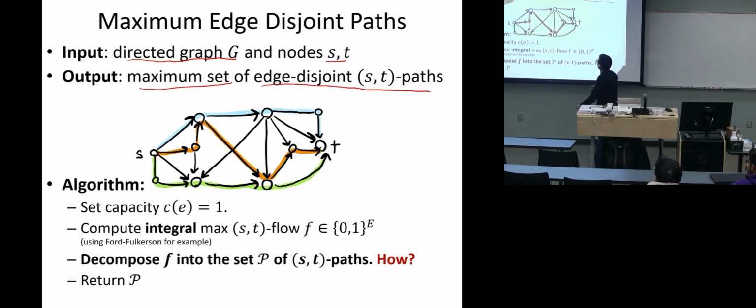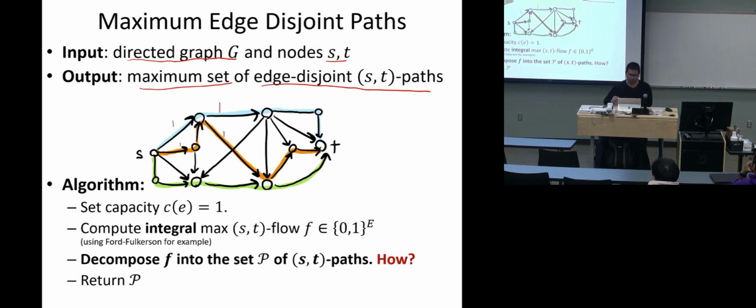So look at these colored paths. For example, these are 3 paths that don't share any edges. They cannot share any edge with each other. Okay. And you can see that, similarly, we can just try to reduce it to a flow problem by setting the capacity of everything to 1, and so